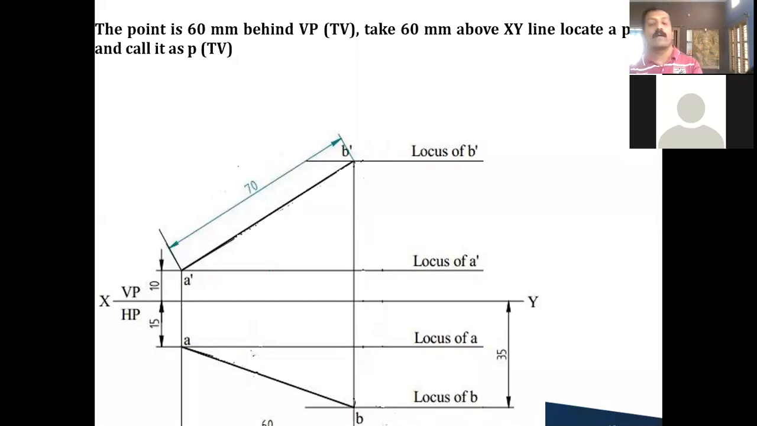Now I need to complete the projection. So complete the projection in the sense the true length diagram also I should draw from this. So how to do it? From the true length diagram we need to